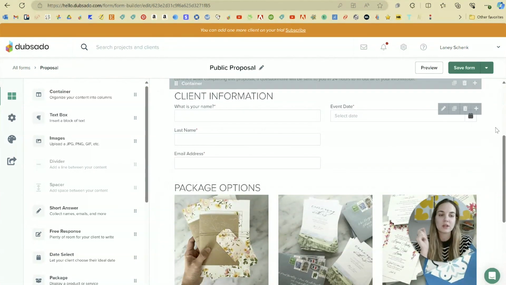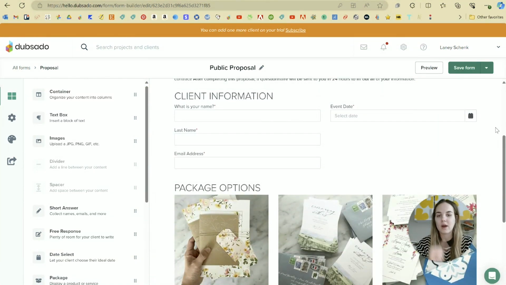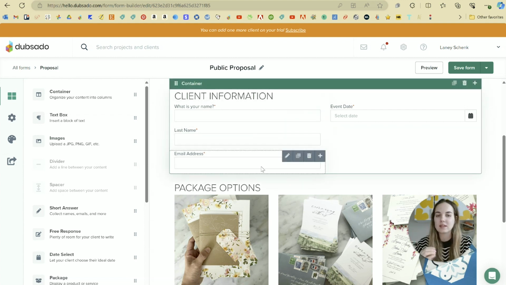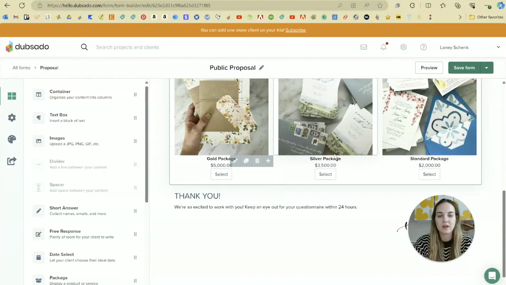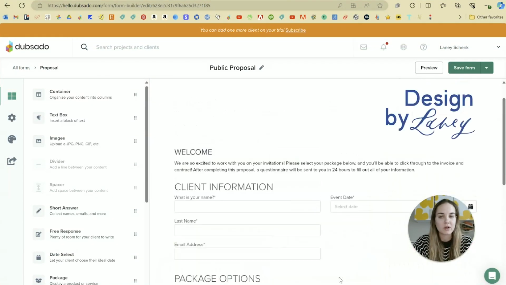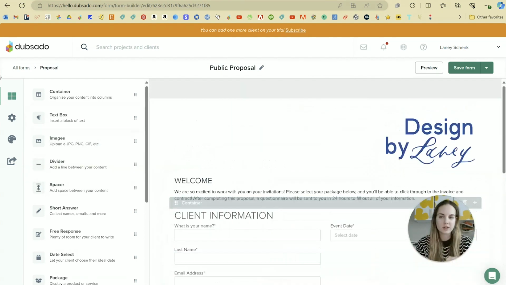So as a reminder, lead captures are all going to require a first name, a last name, and an email address. So if you want it to be a public proposal, you're going to have to require that specific information so that it can serve as a functional lead capture. Then you can have, say, your 3 different packages here, and then whatever else you want to put on your form. And then once it's ready to go, there's a few settings you need to work on in this form